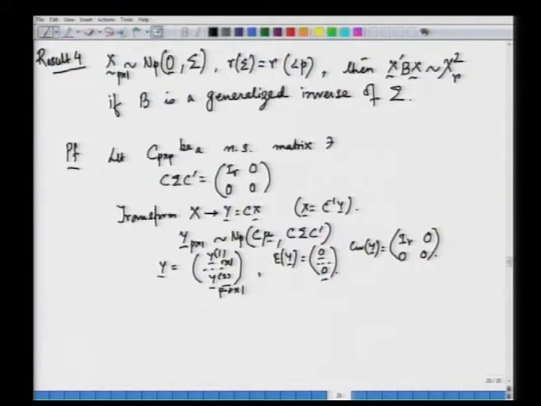So, this implies that the first subvector of dimension R